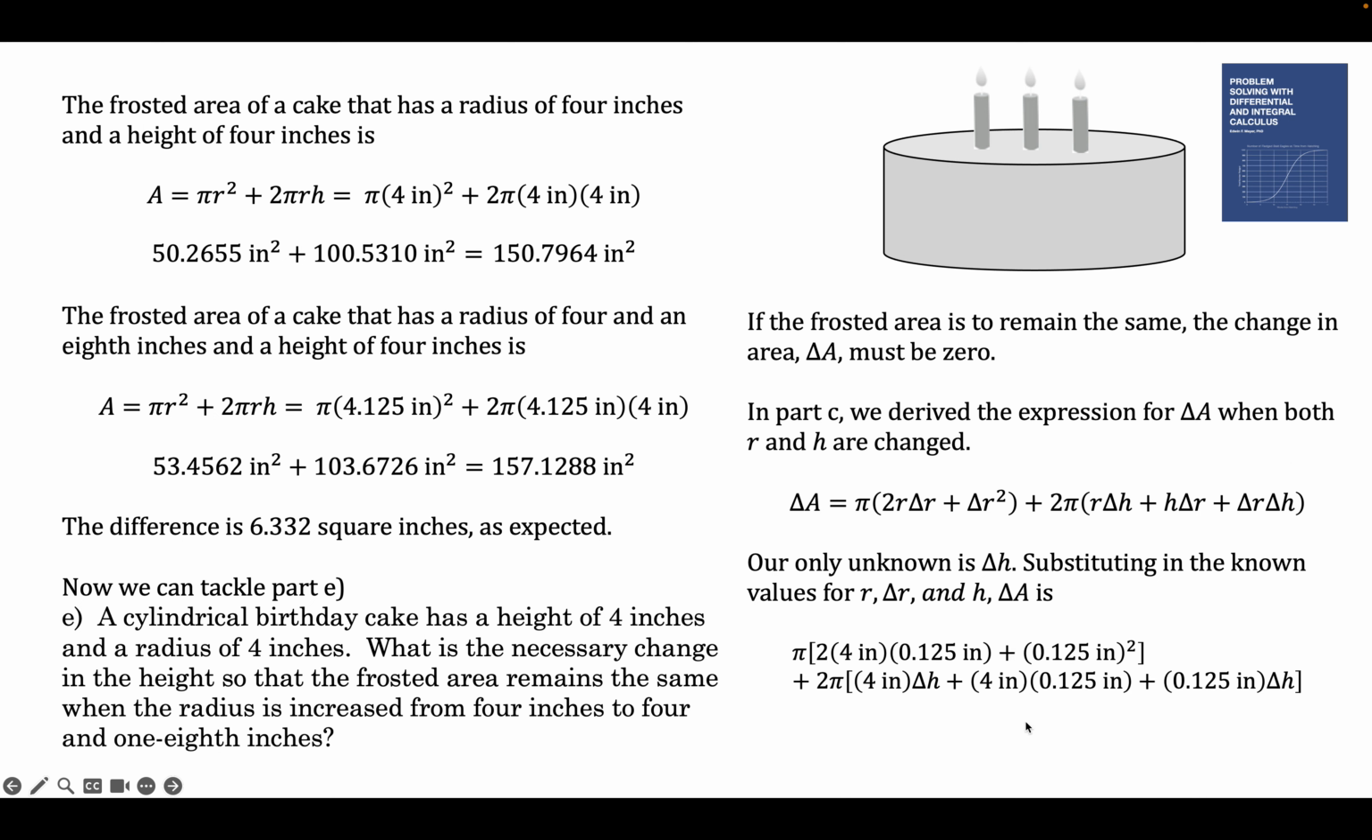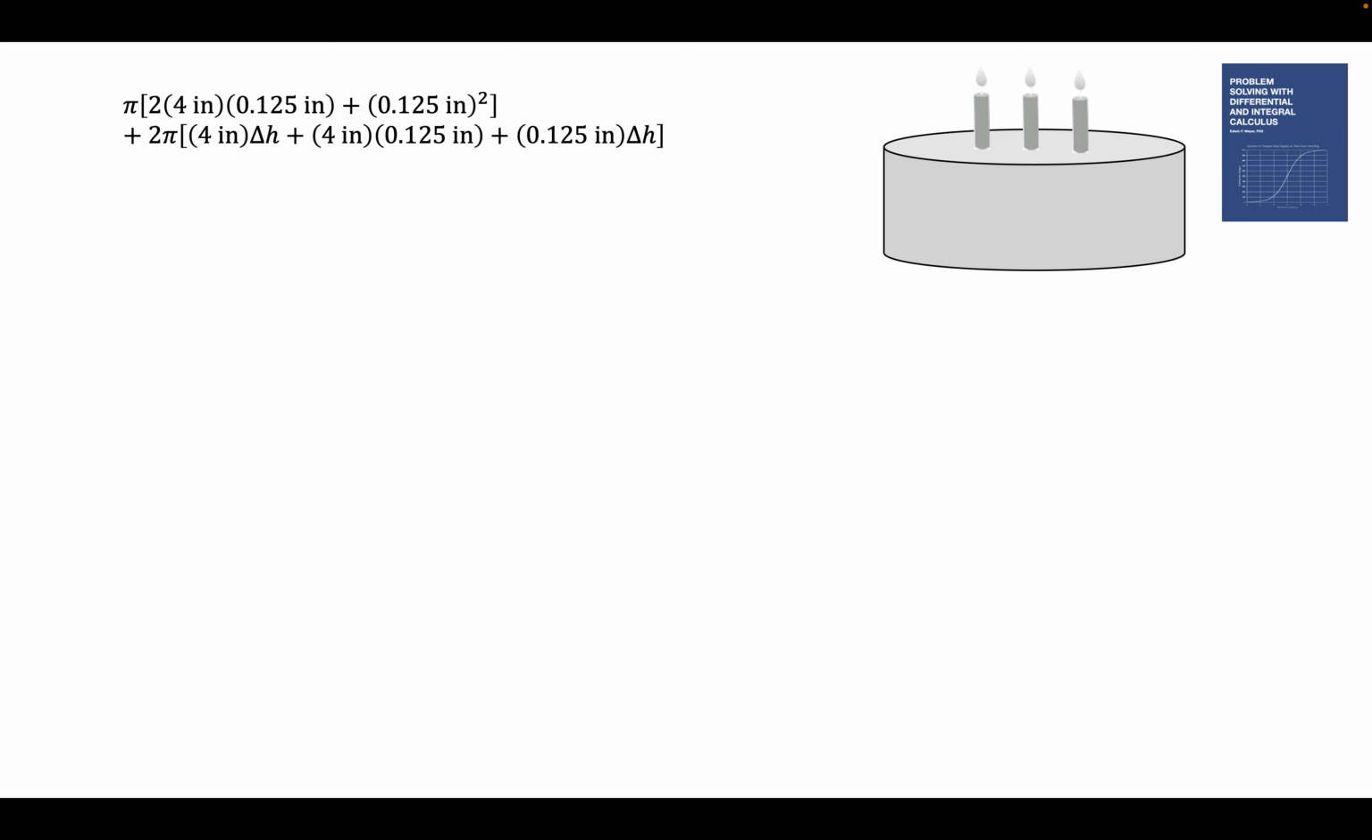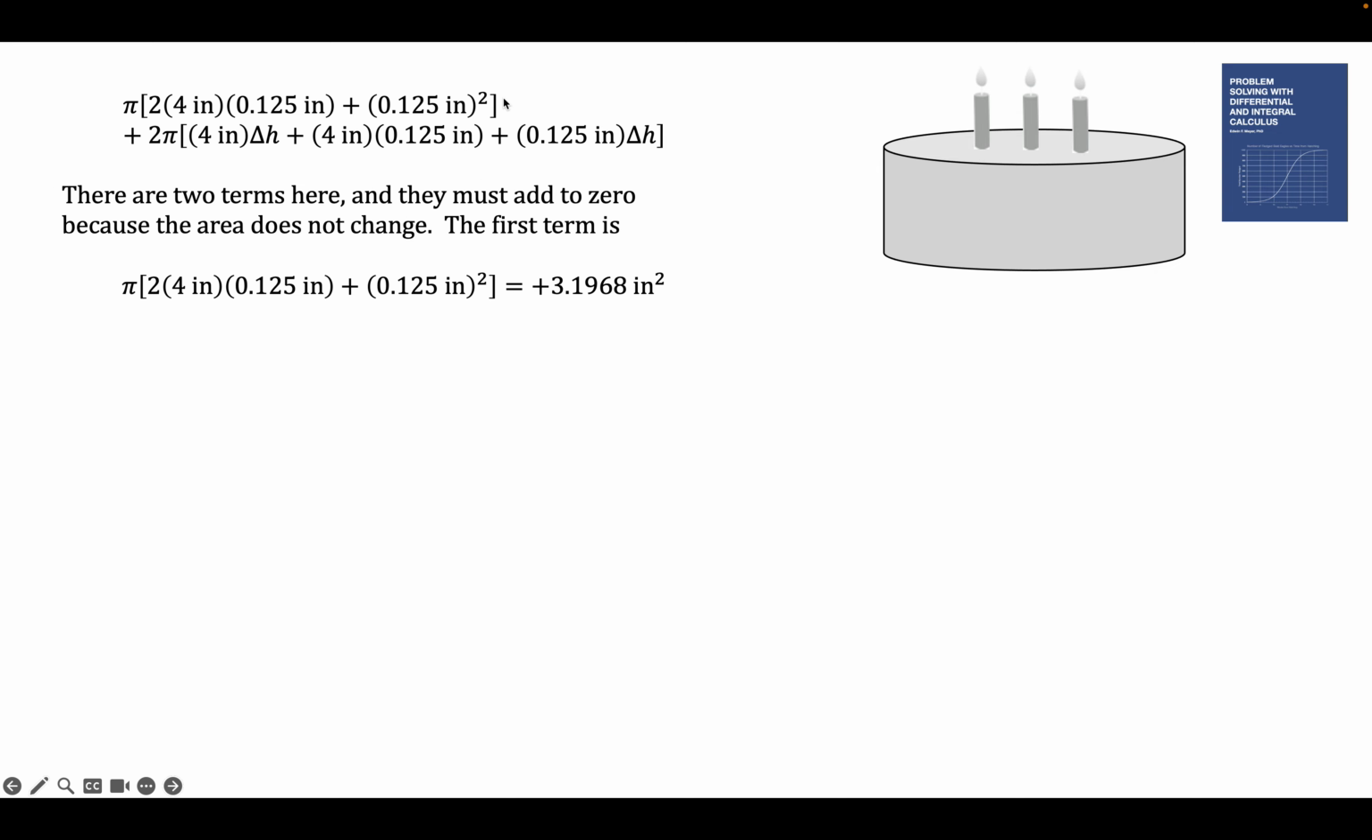So this is delta A, and it's 0. This is the first term in the square brackets. That's this term. And the second term in square brackets is this term. Now, we just got to grit our teeth, put on our math hat, and do the work carefully without making a mistake. So we have two terms in square brackets. The first one we can calculate. Get a number for it,